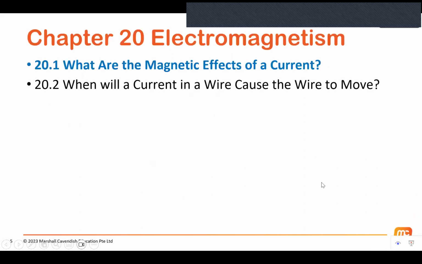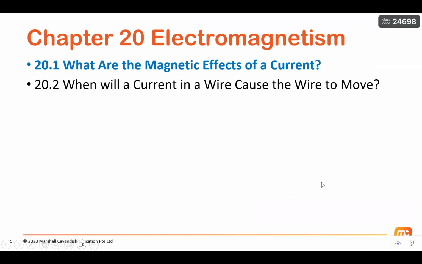Okay, next. So we move on into electromagnetism, whereby we will study the effect of electricity combined with magnets. In the previous chapter, when you learned about electromagnets, we already covered a little bit about it, whereby whenever we have a current flowing through a solenoid, there will be a magnetic field around the solenoid. But today we'll zoom more in depth.